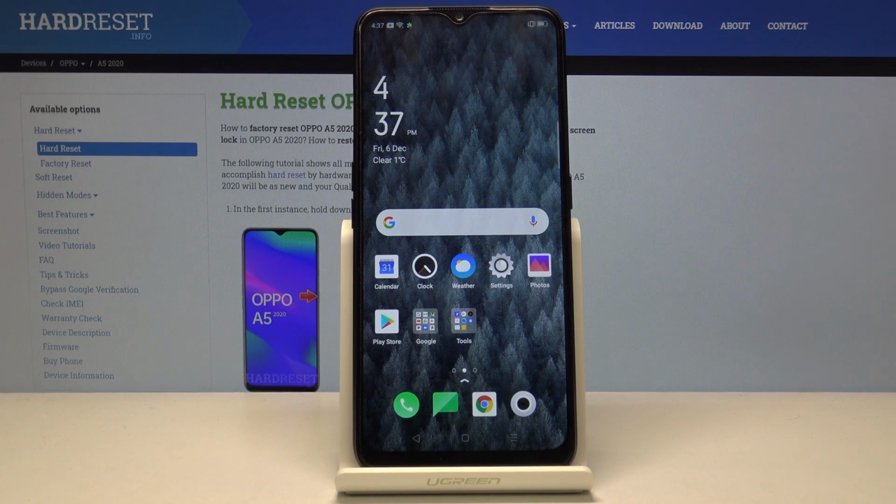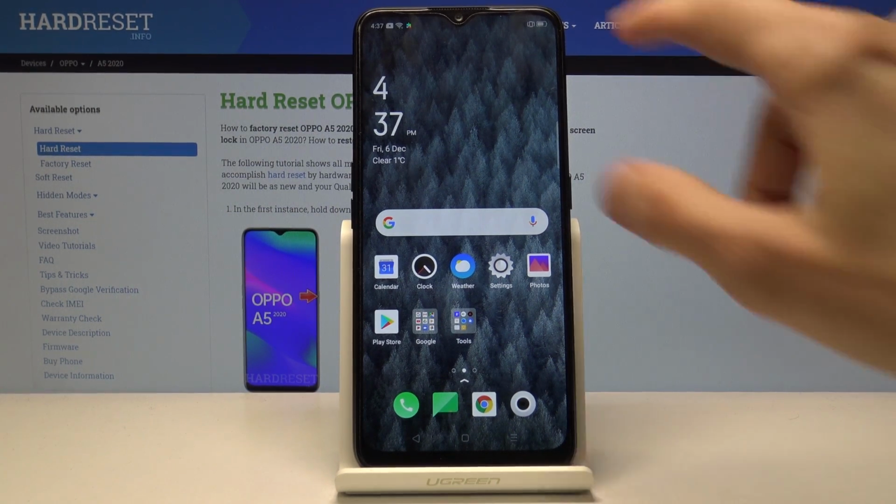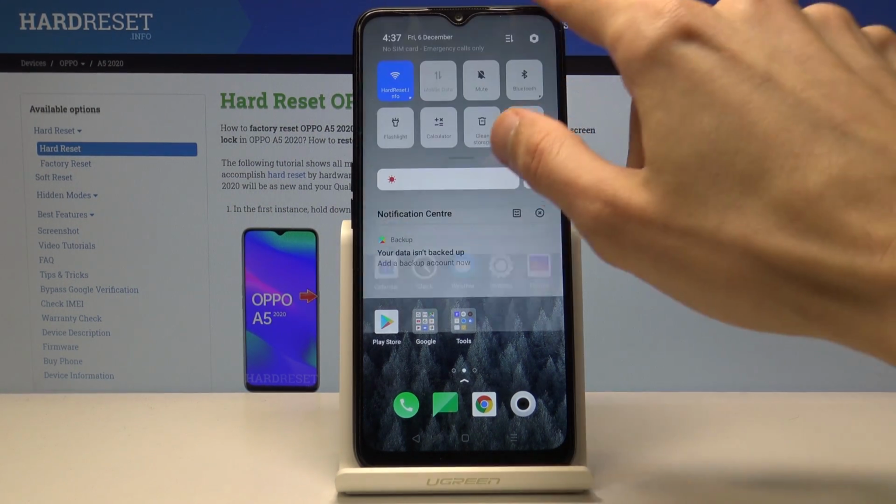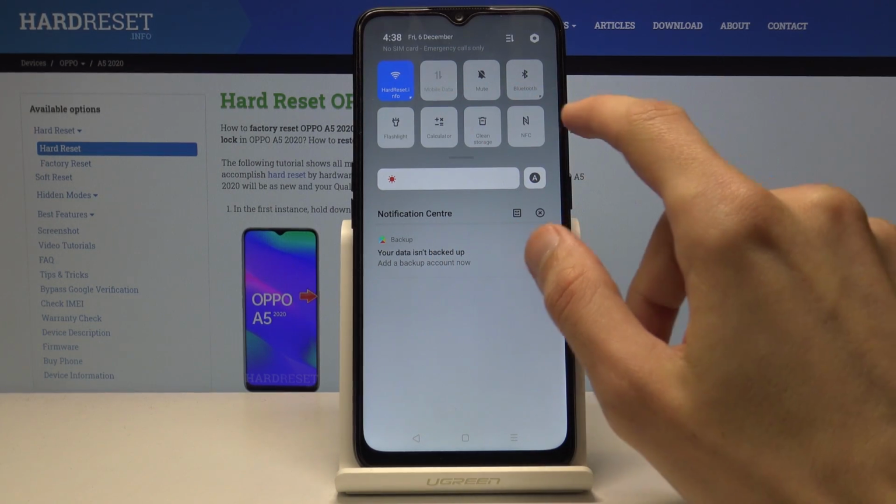Welcome, in front of me is an OPPO A5 from 2020, and today I'll show you how to enable and set up the portable hotspot. So the easiest way to have it under your hand so you can enable it quickly is to pull down